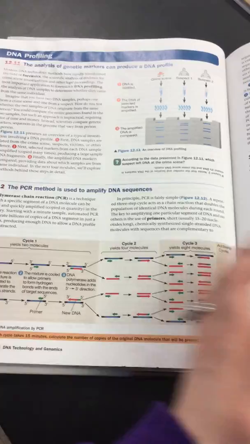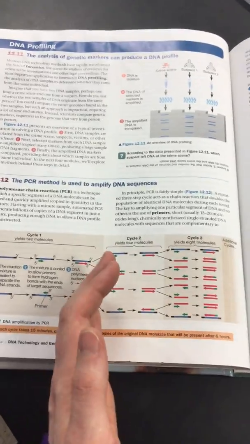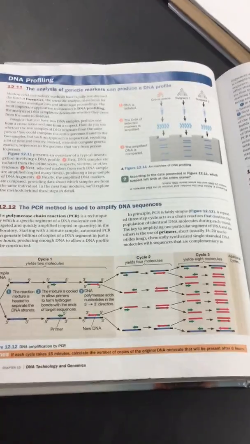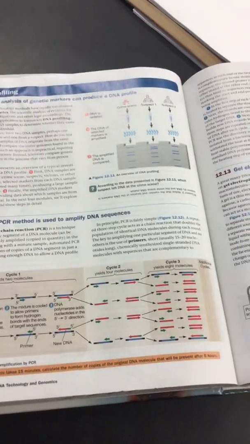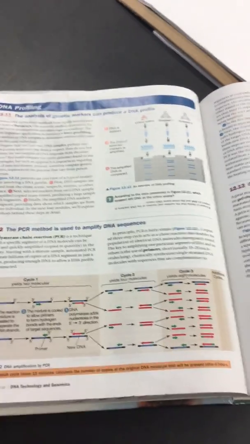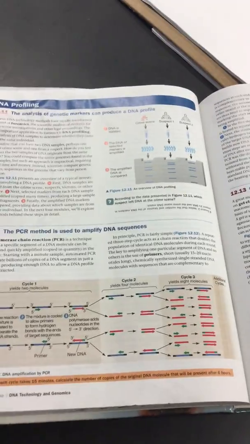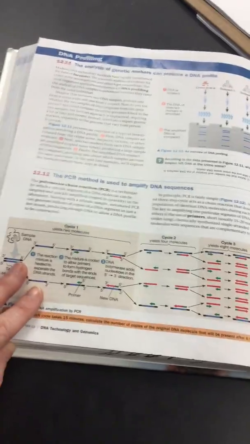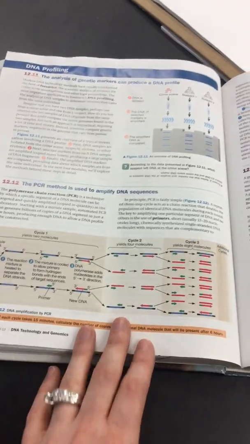DNA profiling can be used both ways, and at this point our technology is advanced enough that it's admissible as concrete evidence. As long as the DNA is collected the way it's supposed to be and the tests are done so that nothing's contaminated, it's used as concrete evidence for innocence or for someone's guilt. The next couple of sections help explain that.